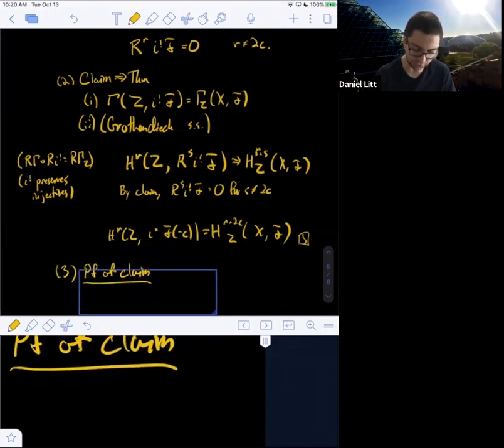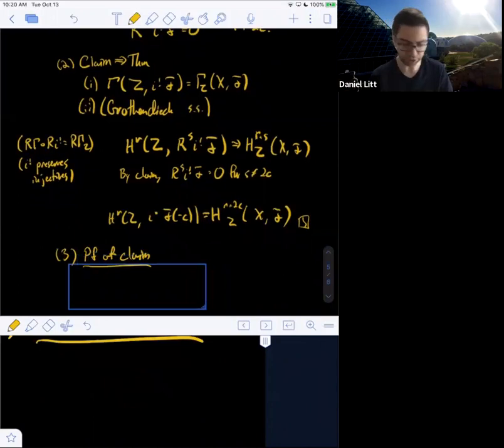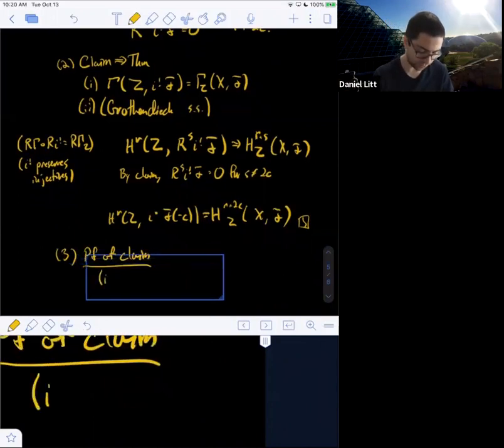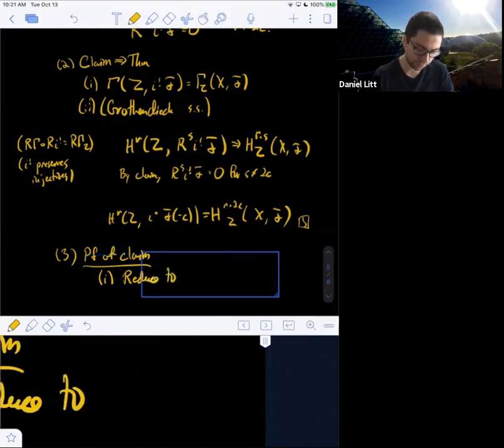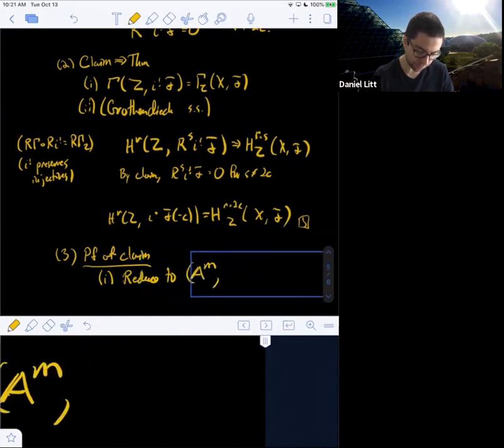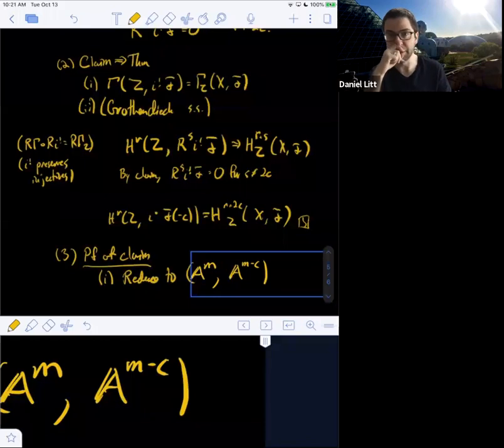I'm not going to do it in detail, but I'll sketch the argument. So first of all, it's a local claim, right? So I claim one can reduce it to a very special situation. You can reduce to the case of the pair A^m and A^{m-c} embedded in it as one of the coordinate hyperplanes.